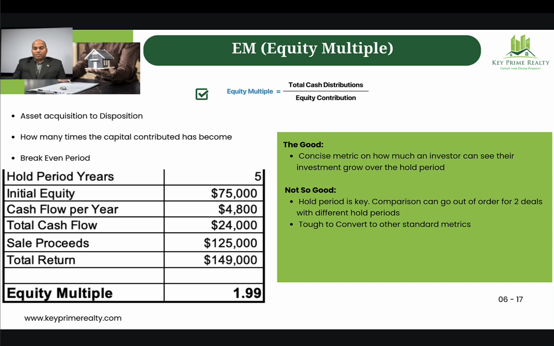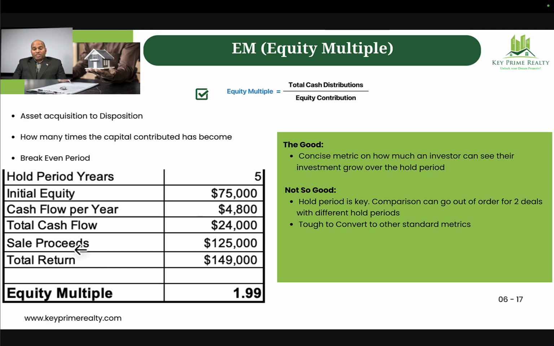So typically the asset life cycle is you acquire the asset, stabilize the asset. If it is good, you keep it forever, or you want to cash in, you could either refinance it or just sell it, make a lump sum profit and then move on to the next asset. So if you have a hold period of say 5 years and your initial equity of 75,000 has become sale proceeds of 125,000, and you have total cash flow of 4,800 per year, then over 5 years your total is going to be 24,000, and then sale proceeds is 125. That means you made a nice profit of,